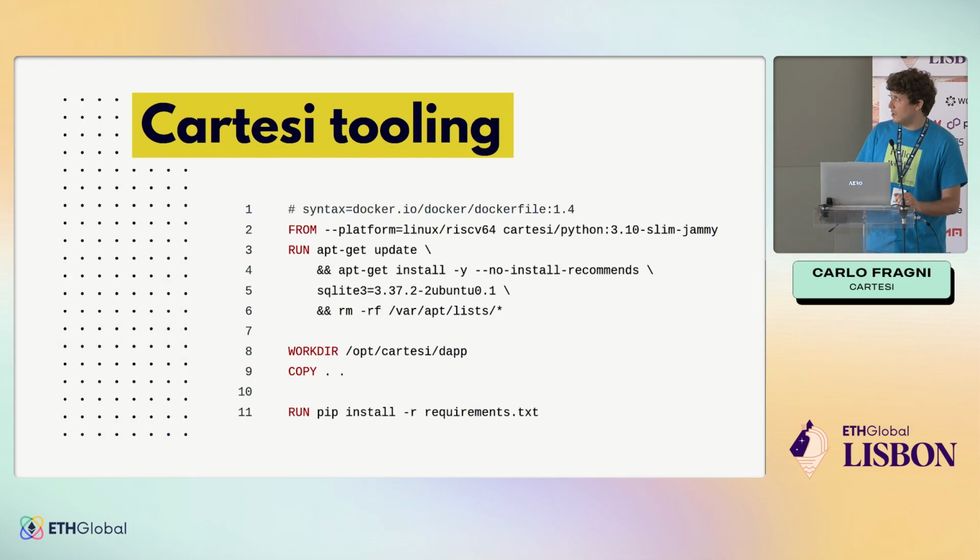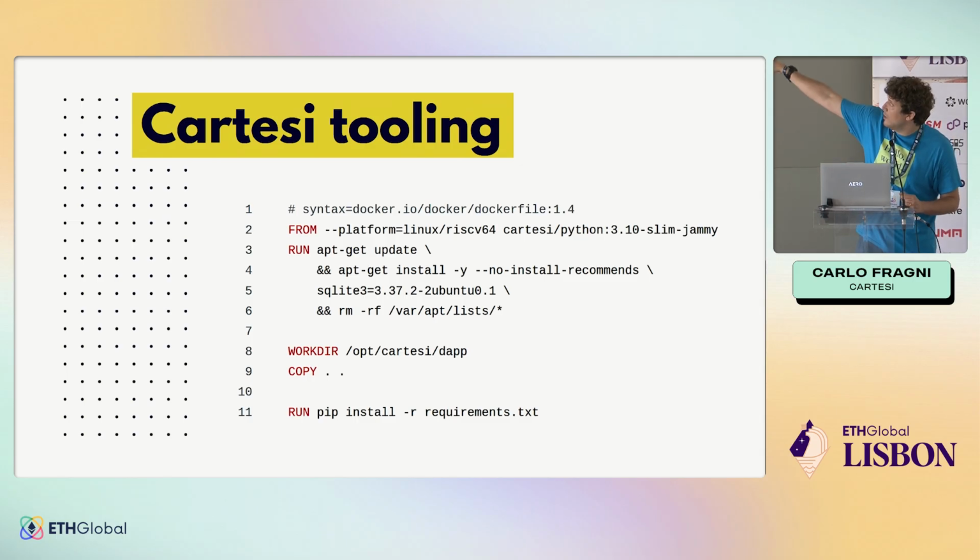This is just a quick overview of how you can make your Cartesi machine drive, which contains your application, everything you're going to use. So when you're building your Cartesi machine, you can take advantage of a Docker container, which uses QEMU to emulate RISC-V, and all the Linux distros that are already built for it. And you just use whatever you want to install your environment.